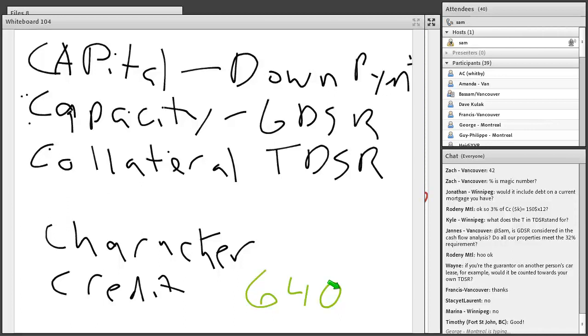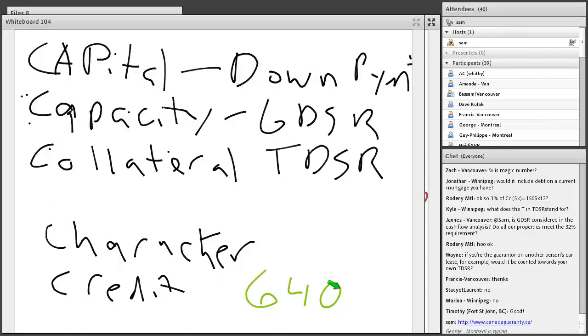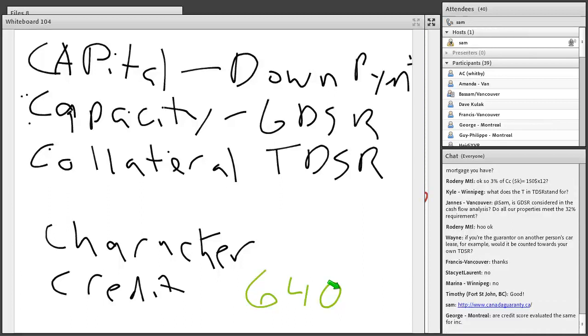Okay. So just so you know, this is the site we're accessing. I'm going to share my screen. Tarek's going to control it, but I just want to show you the site that we're talking about. So let's share that with everybody. The only reason why I'm using this insurer is they're the newest in Canada. They're the most relaxed, lenient.